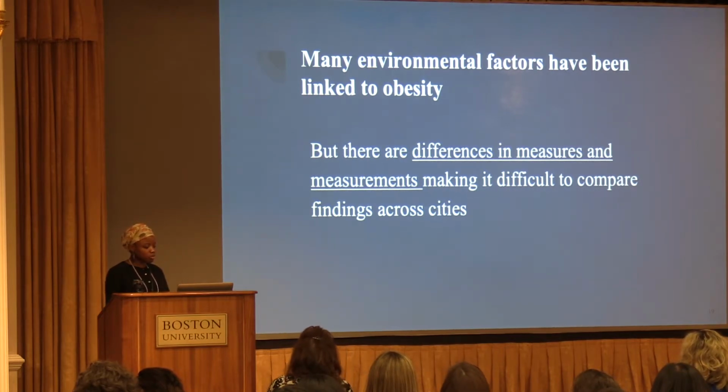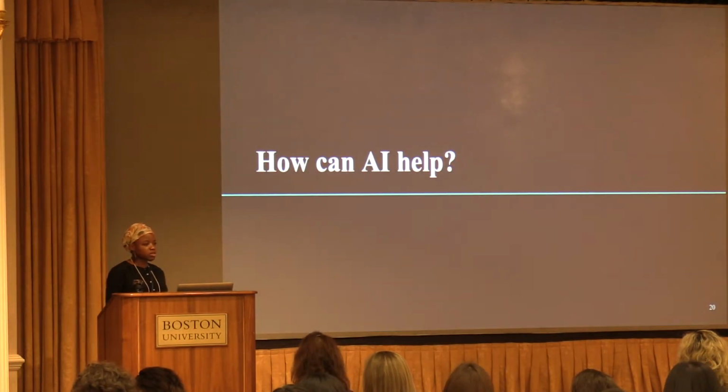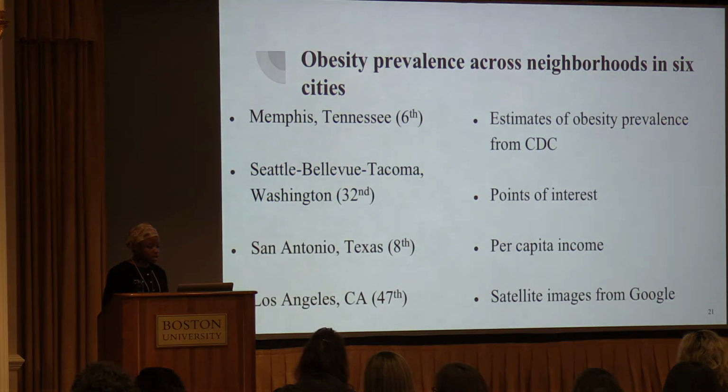But the thing is, for most of these studies, the way things are measured and the tools that are used in measurement tend to be different. And so you have one study done in the same city that would look at density of fast food restaurants and say this is very highly correlated with obesity. And then another study comes and looks at the same thing and says this is not very highly correlated with obesity. So we were trying to think about whether there is a way that we can apply the tools that we have and come up with a more comprehensive measure of the built environment that can be used across cities and would allow for comparison. So we got data for 6 different cities: Memphis, Tennessee, Seattle, Bellevue, Tacoma in Washington, San